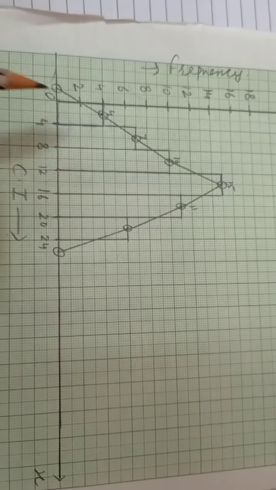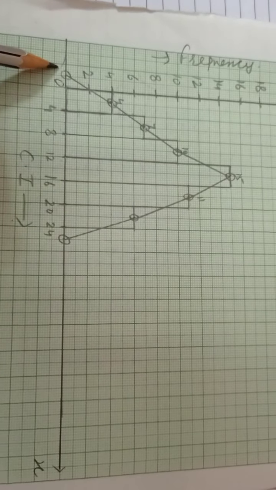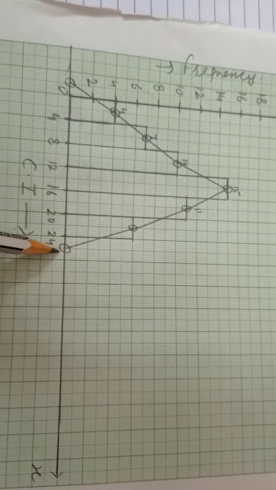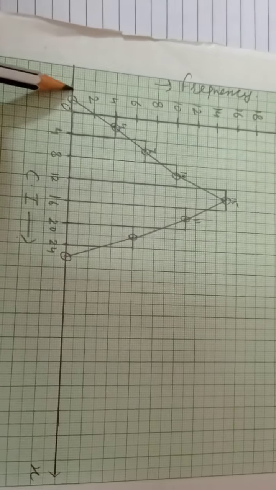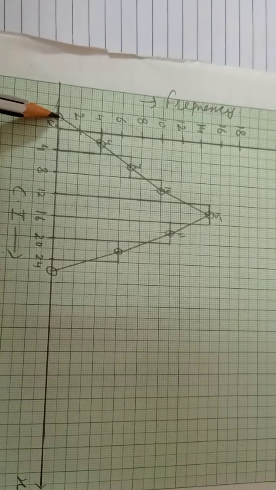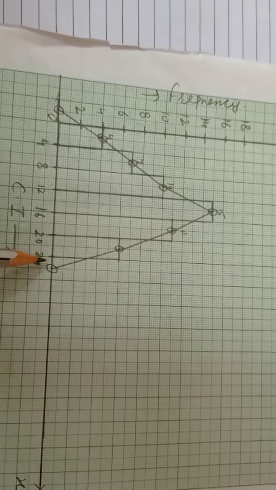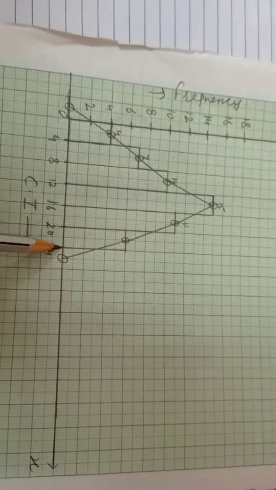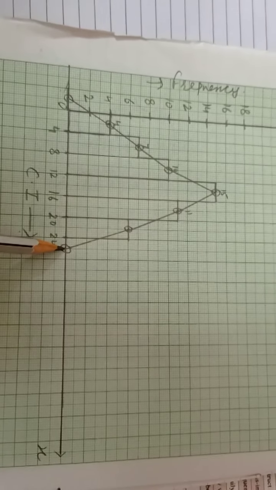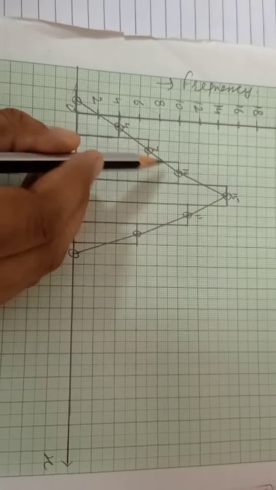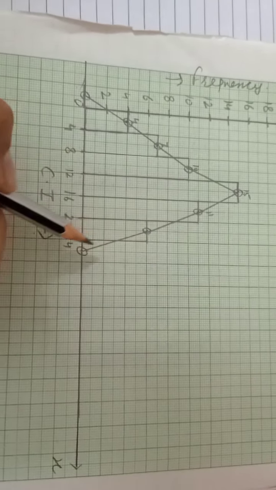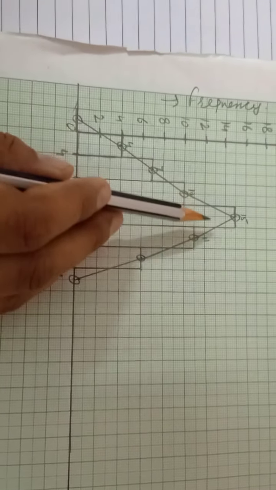See children, a frequency polygon always starts from the axis and ends on the axis. So these bars I made. For starting, we will take this box and on the axis we will find the midpoint. Same way, our intervals finish over here. Take the next box and find the mid value of that. Now with the help of a scale, all these mid values you have to join. This is your required frequency polygon.